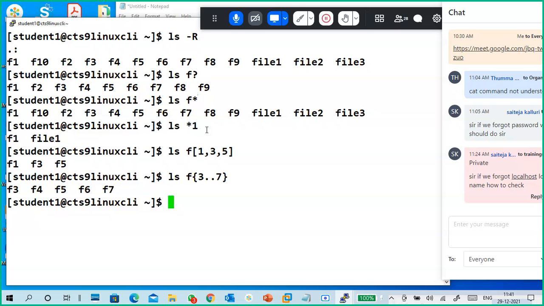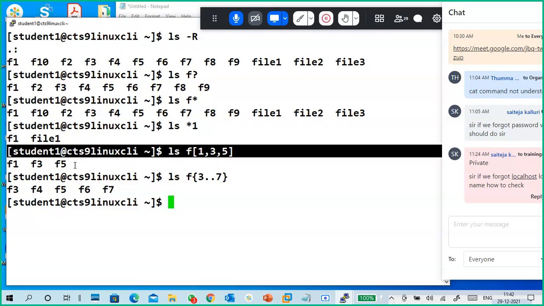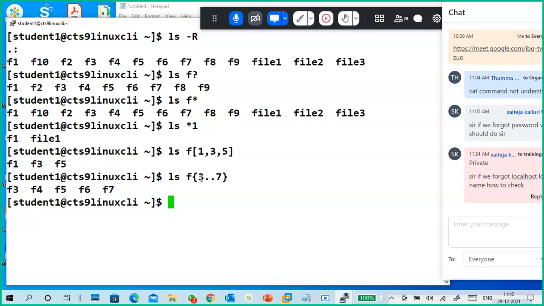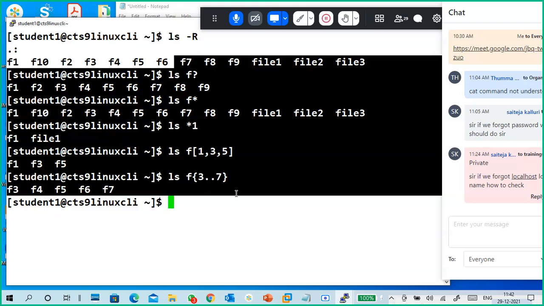And anything can be in front of the one, it will display that output. It is only the F1, F3, F5 combination it will go. And this is 3 to 7: F3, F4, F5, F6, F7. So these are called wildcards.